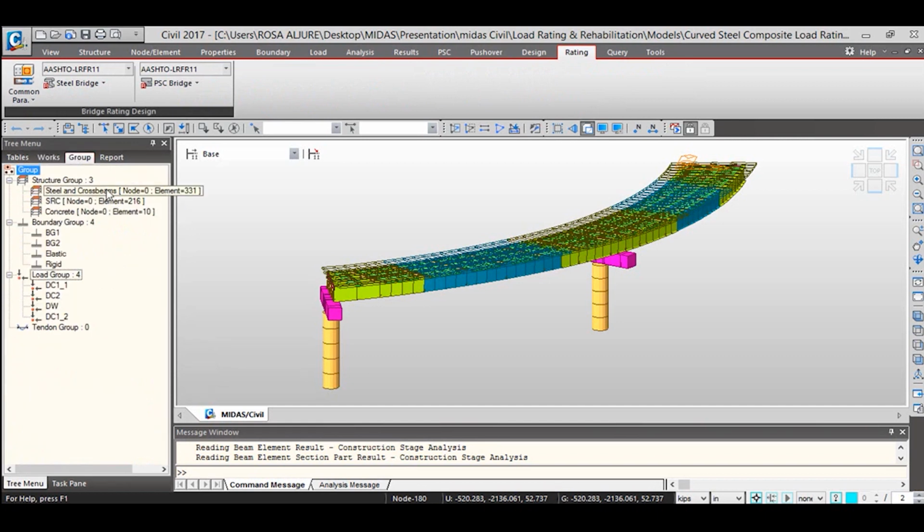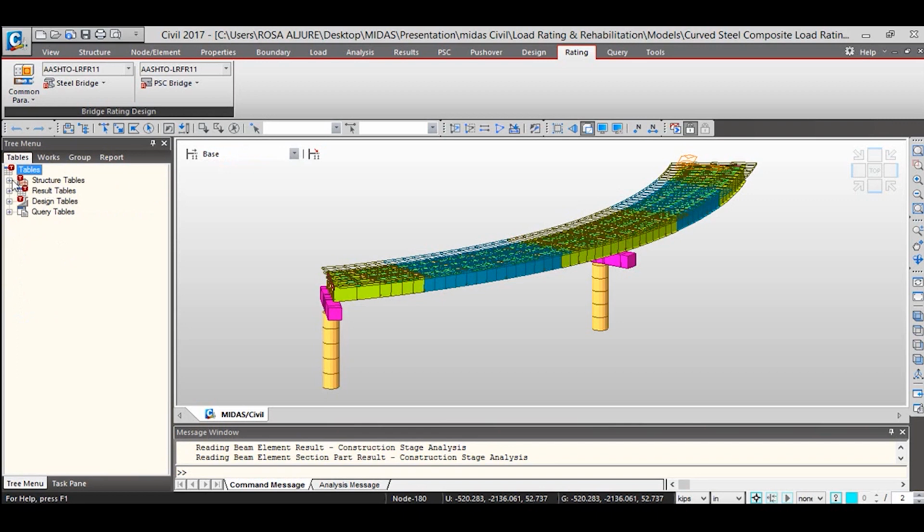We have groups that we will then use in the bridge to define the condition factors. But if you want to define a group, you can select it here and just assign it into a particular element or a group of elements.